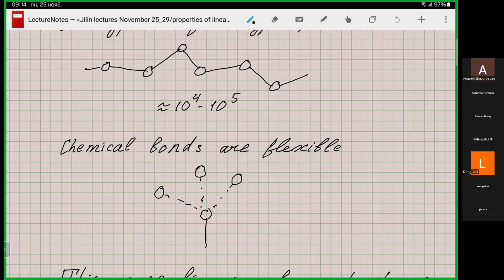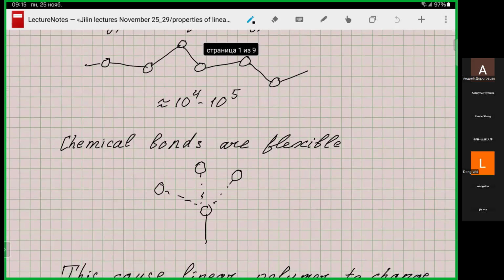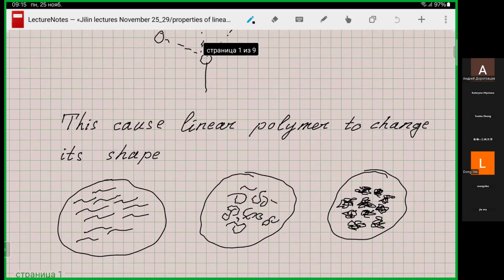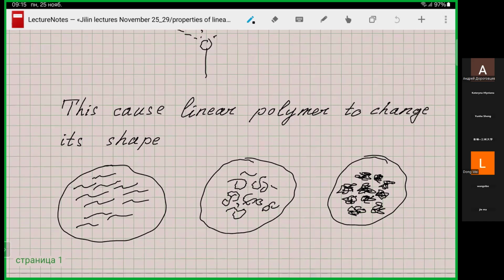So you can imagine that in this long polymer chain, every bond triggers instantly. So the chain can change its shape, and you can see different